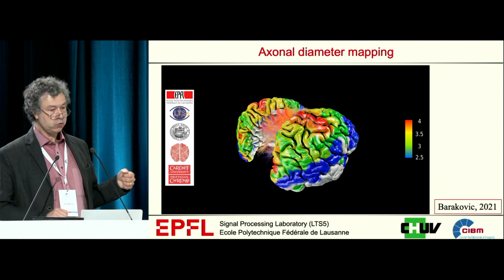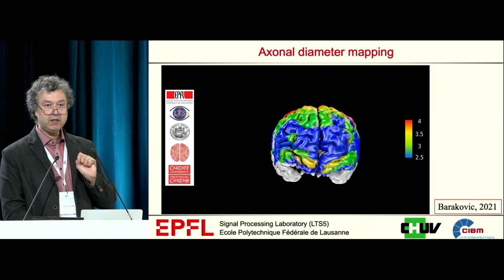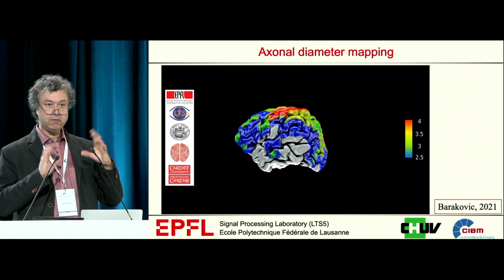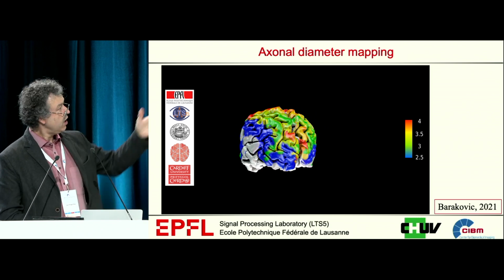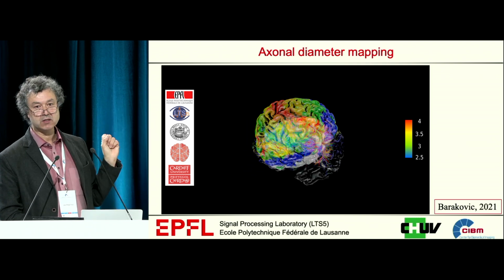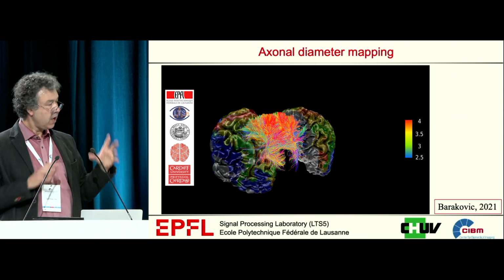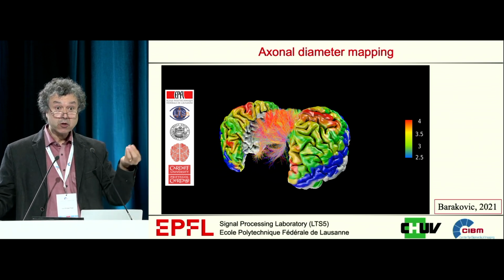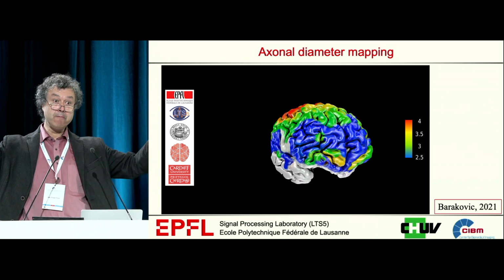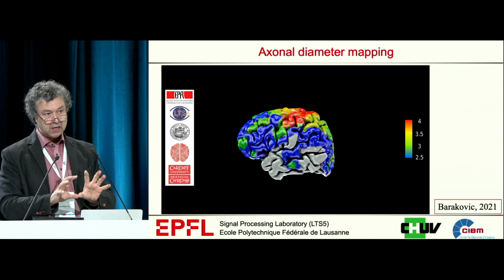We managed to build a map, which is not an fMRI map. It's a map of the mean axonal diameter of the axons within each voxel. The color coding is the mean value of the axonal diameter, highlighting that the motor cortex is predominantly made of bigger axons than the other parts of the brain. So you see them in color. They are just here, just the callosal connections, not more. But you see that we can map things that are at the micro level. Axons have a diameter of a few microns, and we measure a signal at the millimeter level, inverting it so that we find the microstructure parameters that best